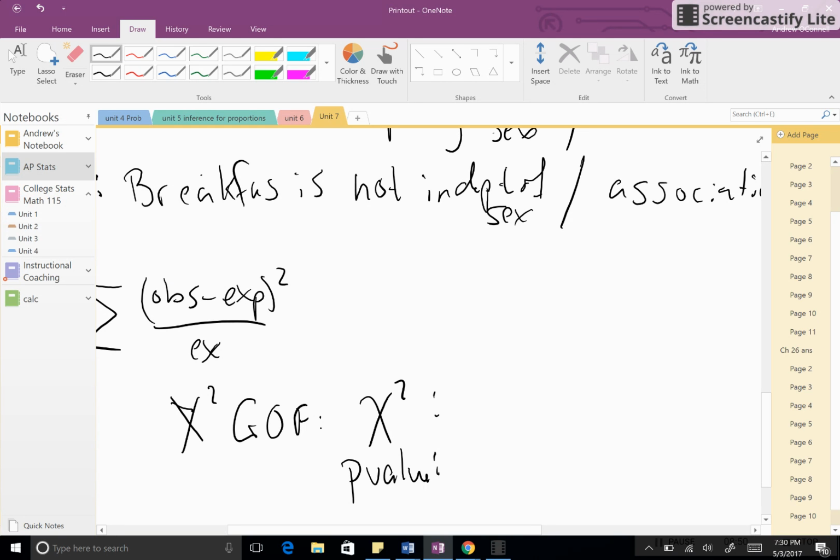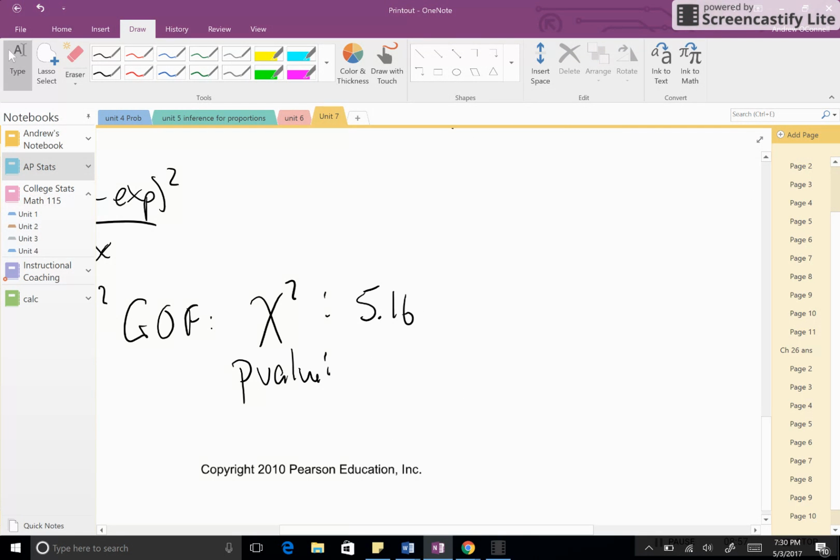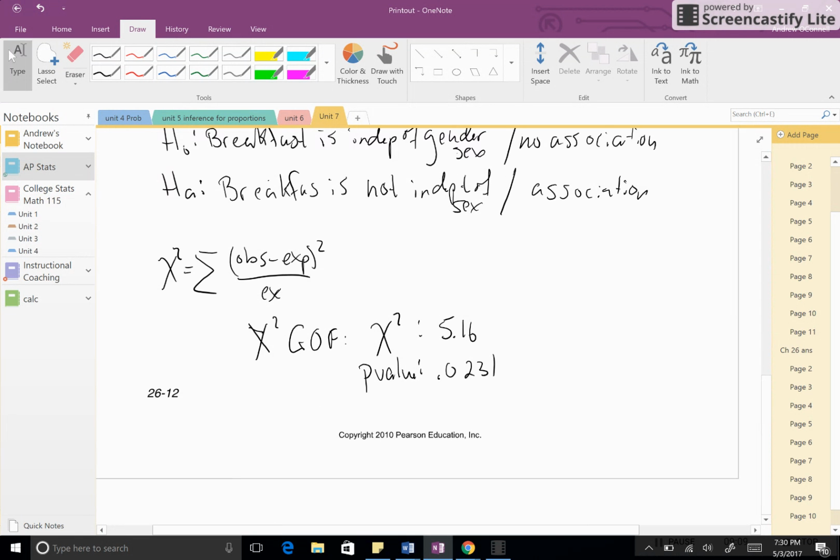In this case, we have a chi-squared of 5.16. Something to know about the chi-squared statistic is that the larger it is, the more likely you're going to reject the null hypothesis. Our p-value is 0.0231, which is generally pretty low. So at an alpha level of 0.05,